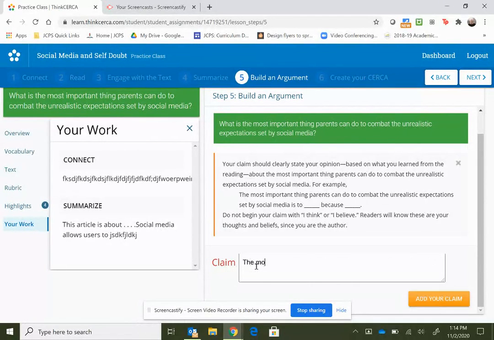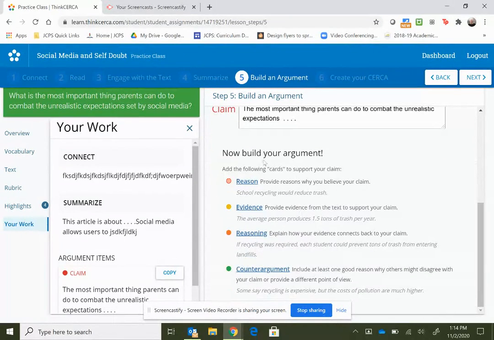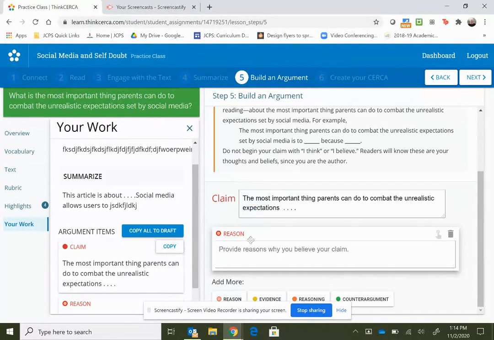So I'm going to say the most important thing parents can do to combat unrealistic expectations, whatever. And then I'm going to click down here, add my claim. Then I've got to build my argument, and it's going to tell me here, these are the pieces that I need to use to build my argument. So I can give a reason. One reason